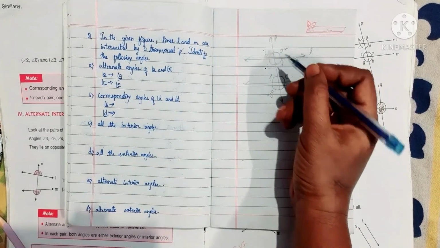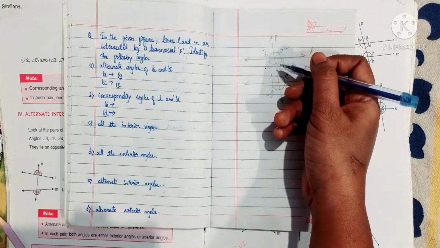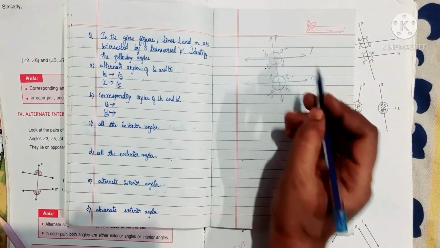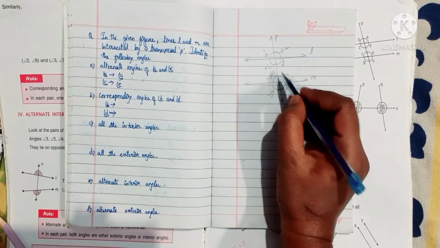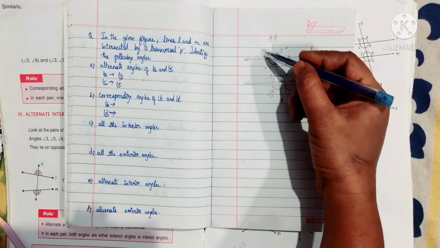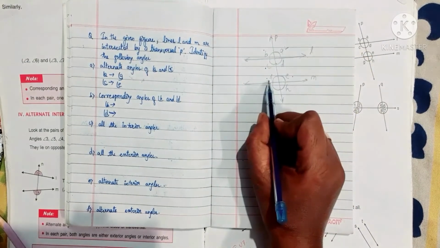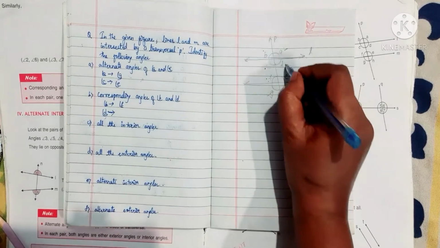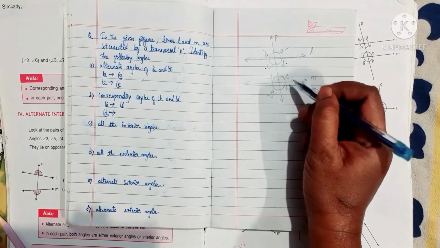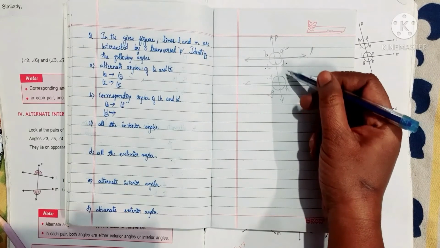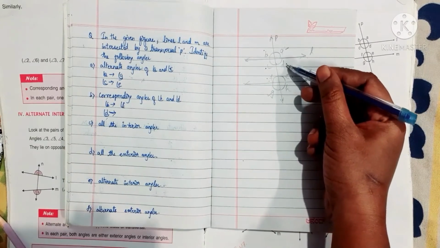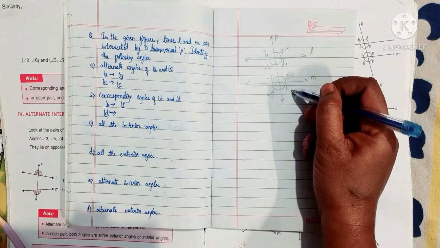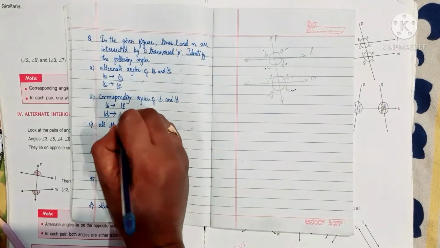Corresponding angles means the pair of angles must lie on the same side of the transversal. For angle B, angle F is corresponding, as angle B is exterior, so angle F must be interior. Then for angle D, the angles which lie on the same side are E and F, but since angle D is interior, the other must be exterior, so we have to consider angle H.